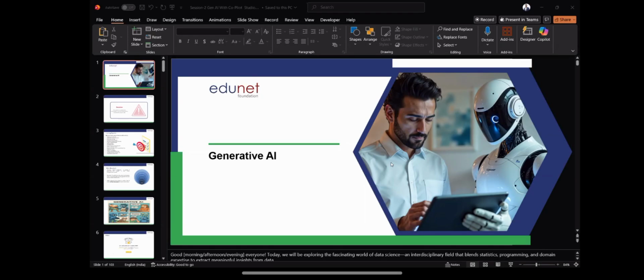I wanted to quick check one thing. How many of you know about Git and GitHub? If you are going to have a project in your local system, how are you going to put it on your GitHub? How many of you know this thing? If you don't know, just mention no in the chat.